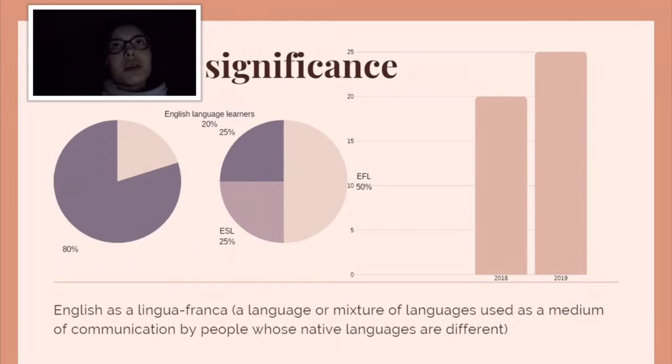Nowadays, approximately 20% of the world population, which equals 1.5 billion people, are learning the English language. Among them, 750 million learn it as a foreign language, and the remaining 375 million people learn English as a second language. These numbers are only expected to grow, and approximately by 2020 there will be 2 billion people who learn and use the language.